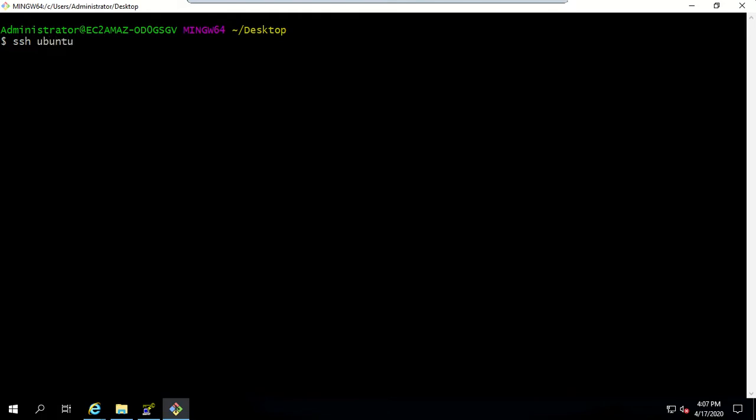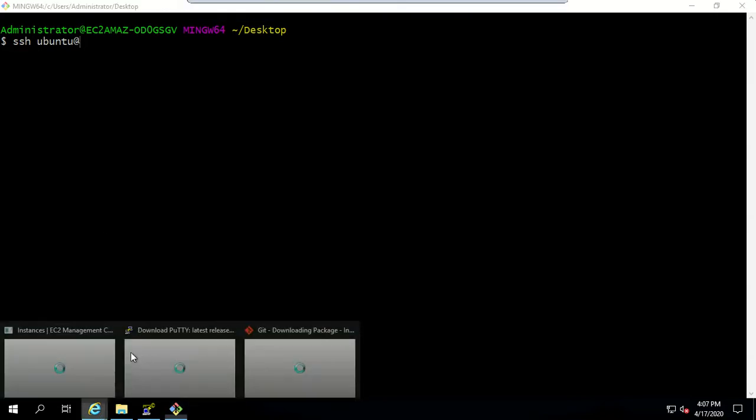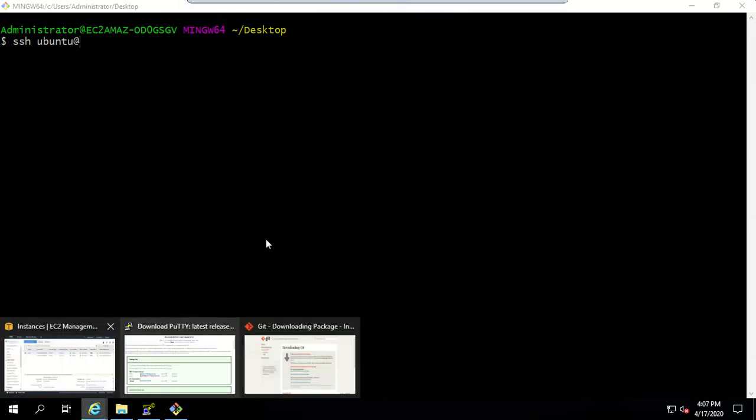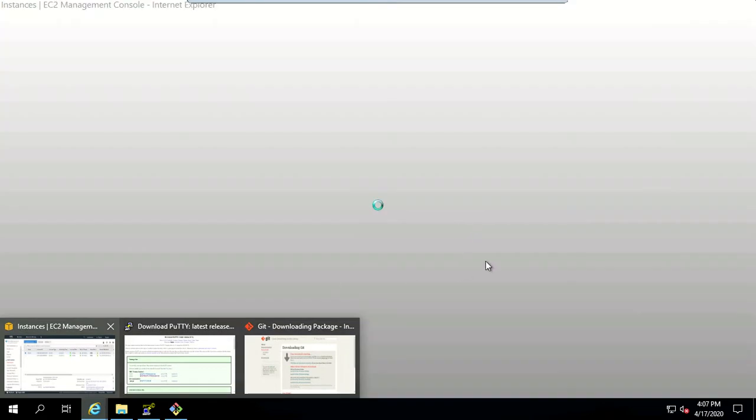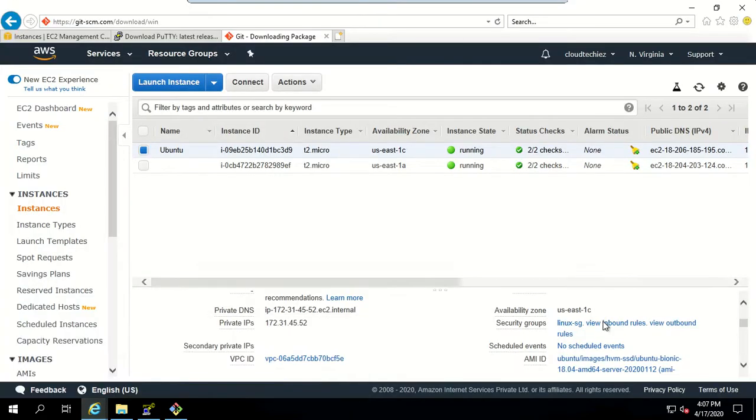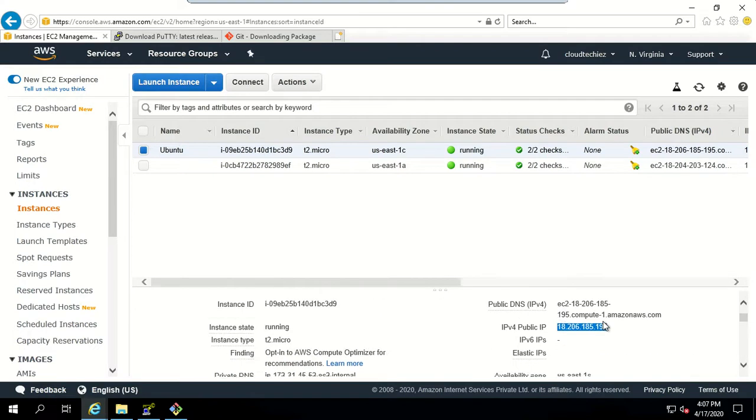But if you are using Red Hat, your username will be ec2-user. If it is Amazon Linux AMI, again it will be ec2-user, and if it is CentOS, you can use centos. So ubuntu at the IP address of your instance, that is the public IP address of your instance. Again, it can be the public IP address or it can be the DNS name.